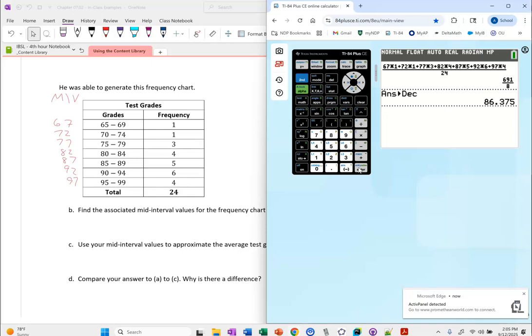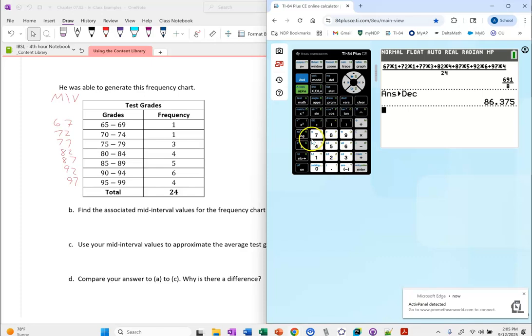You're using estimation. The mid-interval values are an approximation of the individual scores. Your associated mean from the mid-interval value will be an approximation of the actual mean. They will likely be different. Let me show you another way that we could do the mid-interval value mean that doesn't require me typing as